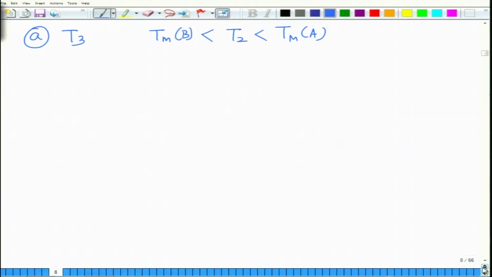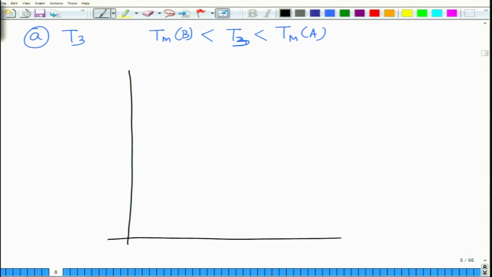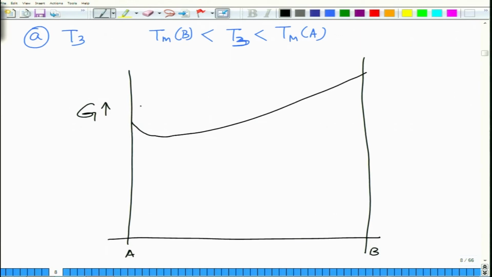So we are now at T3, which is lower than the melting point of A, but higher than the melting point of B. So the free energy composition curve in such a situation is something like that. So these are hypothetical free energy composition curves. If they change, situations can be very different. So what you obtain in the phase diagram can be very different. So in this case, what happens is that when you are at a temperature that is lower than the melting point of A,